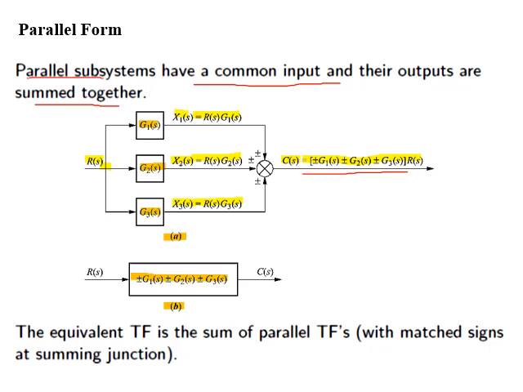If you look at figure B, it represents the equivalent single block diagram, which is the equivalent system for parallel form. In this, the transfer function will be equal to the sum or difference of individual subsystems present in the parallel form. And here it is plus minus G1 of S, this corresponds to the first subsystem, plus minus G2 of S, this corresponds to the second subsystem, and plus minus G3 of S, this corresponds